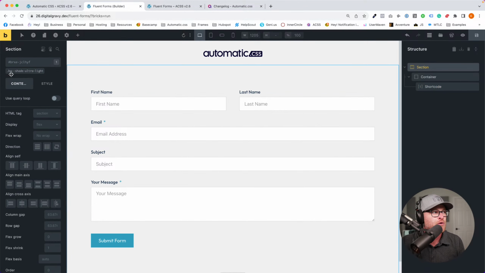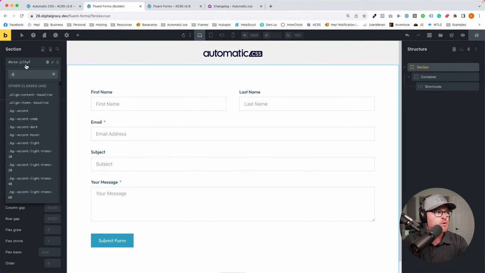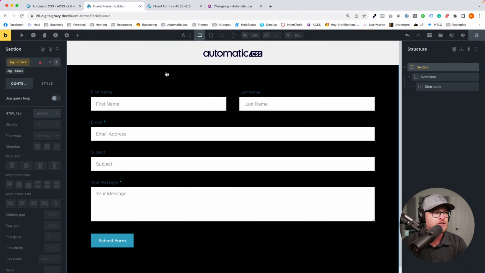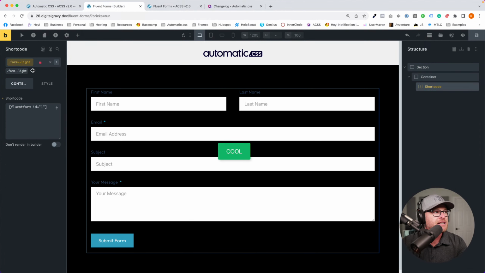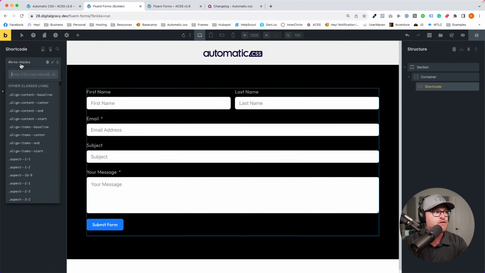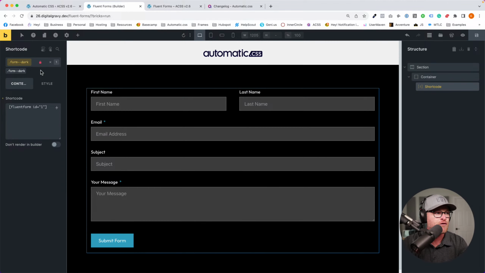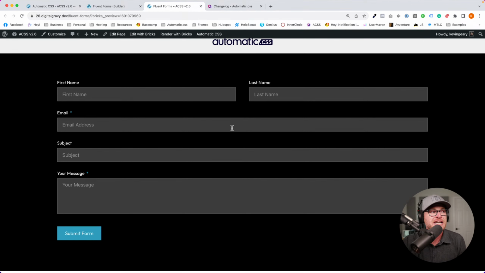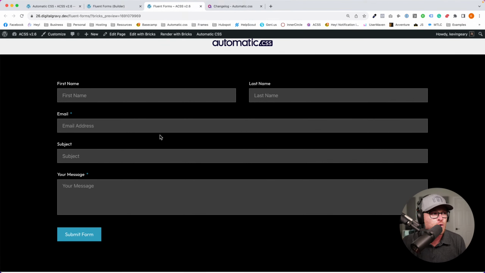Now, let me show you, if I want to switch this up, we're going to go BG base ultra. We'll do BG black, how about that? We'll just make that black. Then I'm going to take my form style. I'm going to say, no, this is not a light form anymore. So we're going to remove that class and we're going to say this is a dark form now. And there you go. This is what I get, and again, this is not customized. This is just a sensible default for what a dark form style might look like. It does a lot of the work for you, and then you just go in and customize whatever needs to be customized.